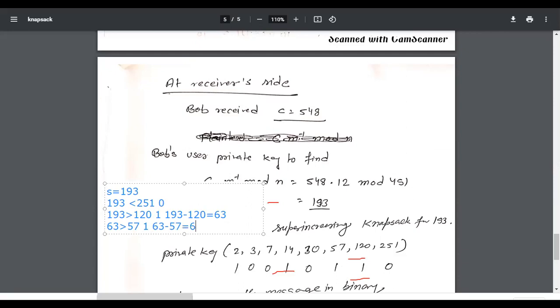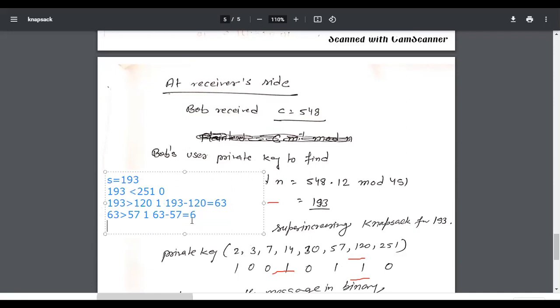So it is 6. Now we'll compare with the previous value, that is 30. So 6 is less than 30. So bit value should be 0. There is no update in the sum value. So now we compare 6 with